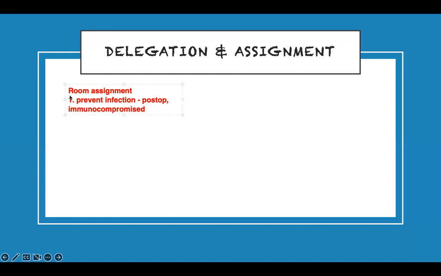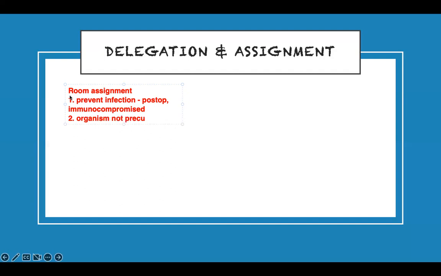And they're on medication that will make them sick, like chemotherapy or radiation therapy, or a UC patient on immunomodulators. You cannot put them with somebody who can infect them. So a post-op patient and an immunocompromised patient, don't put them together with somebody that will infect them. Then the second reason: if they have the same infection, you're dealing with organism,